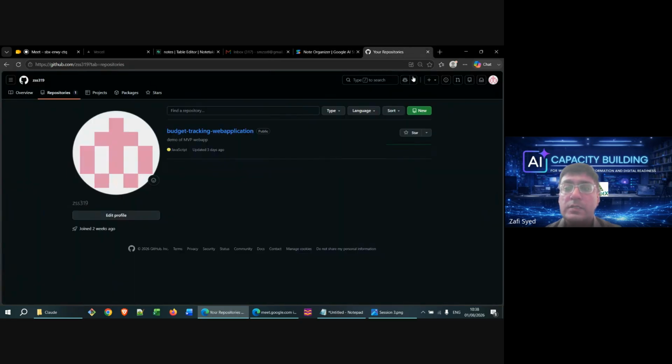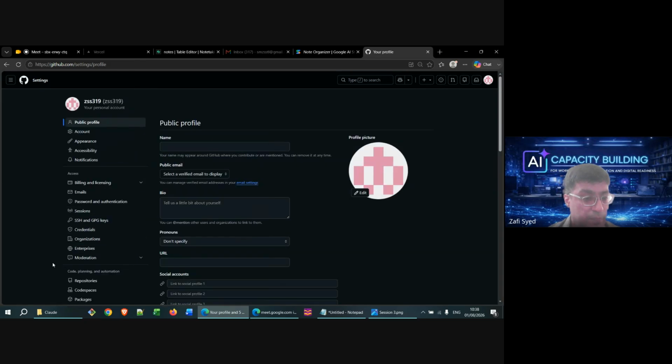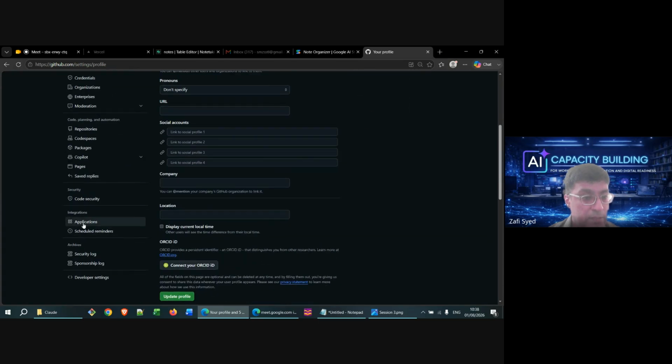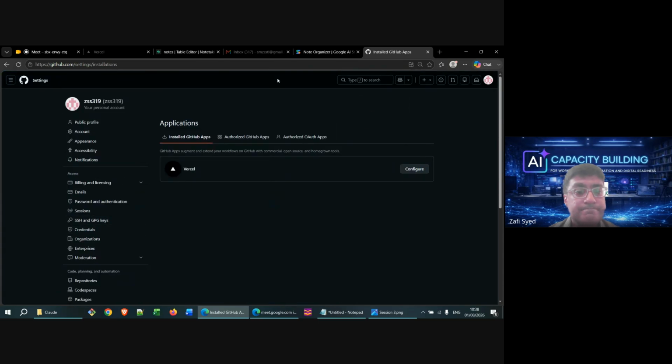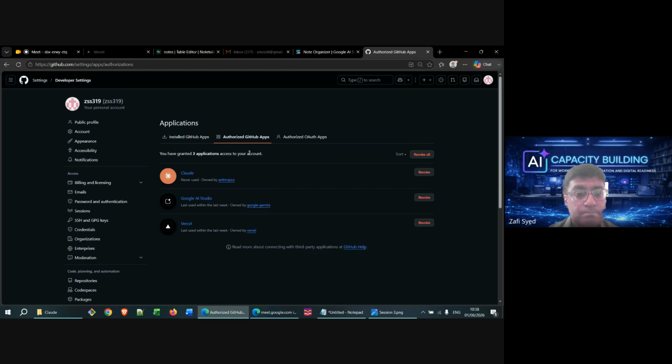Okay. So let's go into settings. Let me see why this error occurs. Let's go into applications. So I have a previous instance of AI Studio still being used.